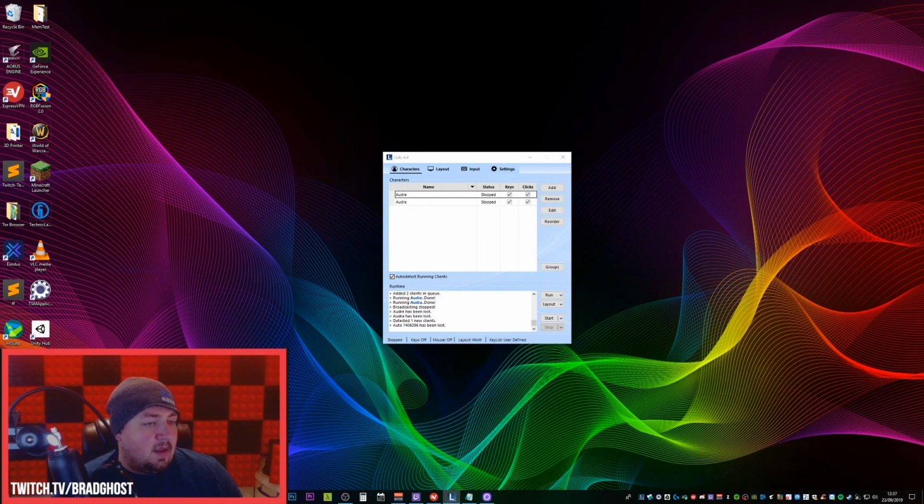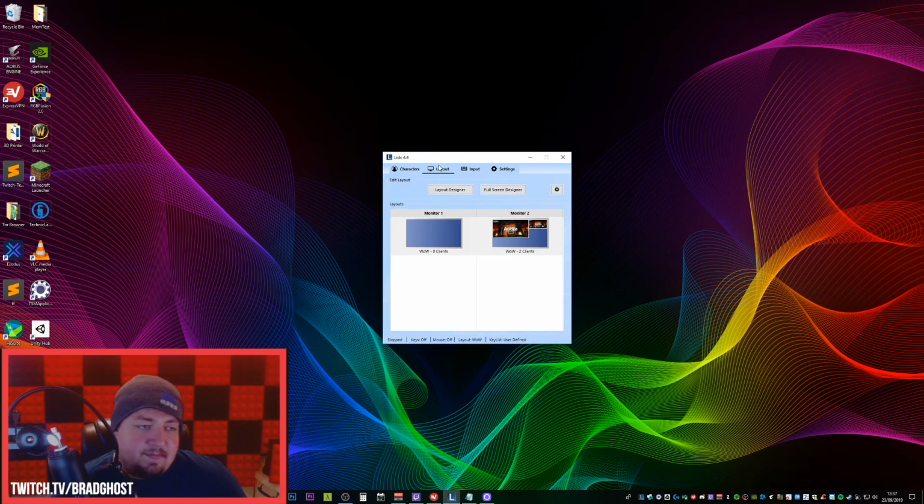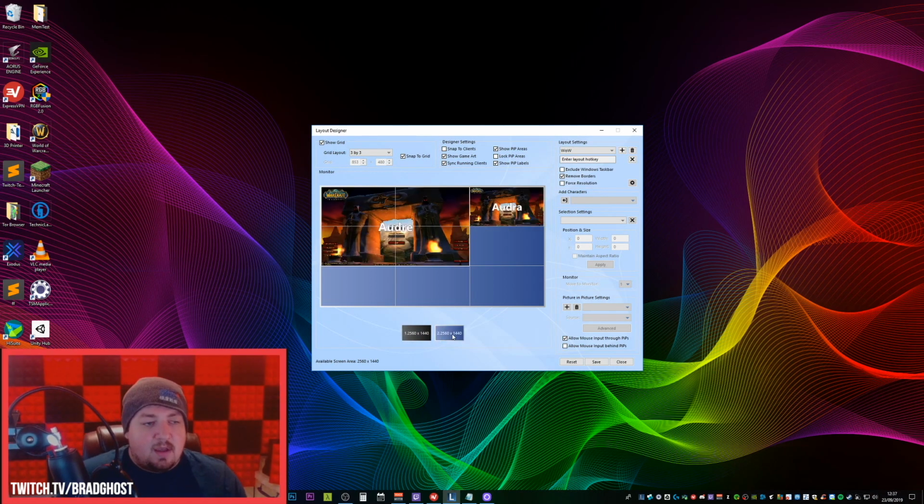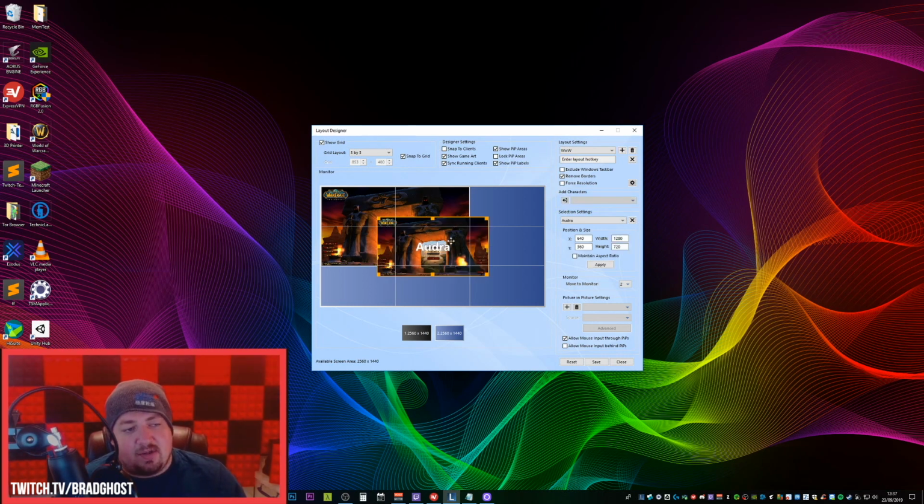So the next thing that I want to talk about is Window Manager. Now this is the fun bit, right? So go to Layout, and then here we've got a Layout Designer. Click Layout Designer. You'll see these 2 black options here, your monitors. You might have 1, you might have 20. I don't know how many you've got, but just click the one where you want the windows to show. So here I've got 2 accounts for this demo. We've got a main account on the left, which is Audrey, and I've got one on the right, which is Audra. If I delete Audra, so I can show you how to add one, you've got this Add Characters thing on the sidebar. Select your character, click the icon, and it just goes to the screen,